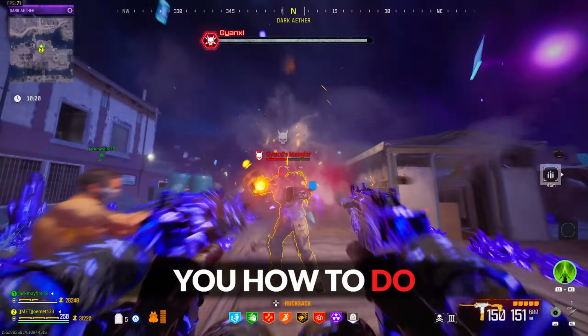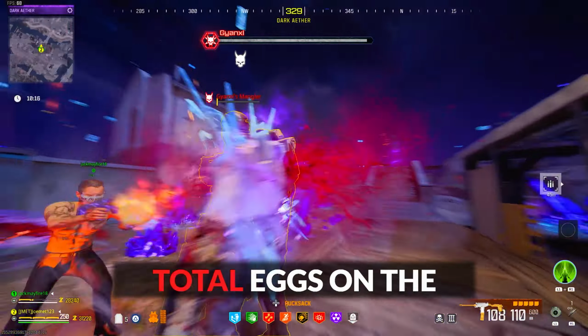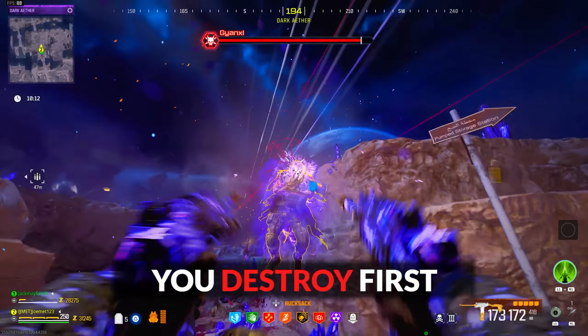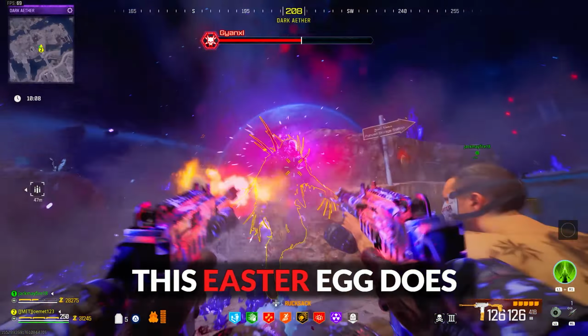Now, I'll first show you how to do this Easter egg, plus explain it, then provide you with a secret tip. So, there are 4 total eggs on the central island of this Dark Aether map, 3 mini ones that you must destroy first, and then a main one that's destroyable after the 3 mini ones are gone. This Easter egg does not